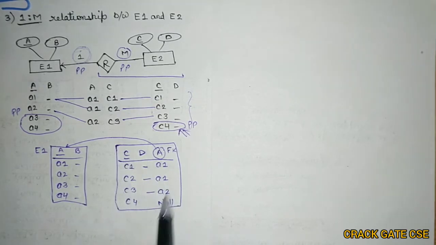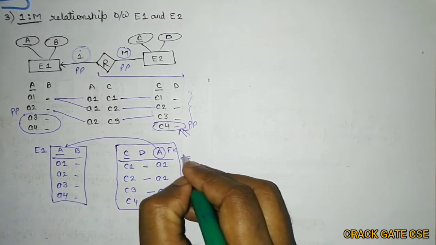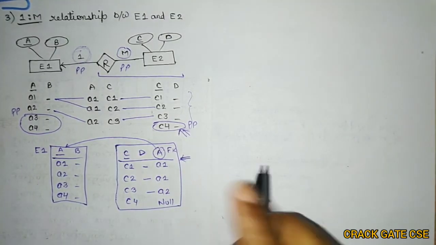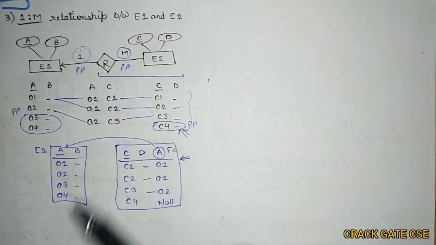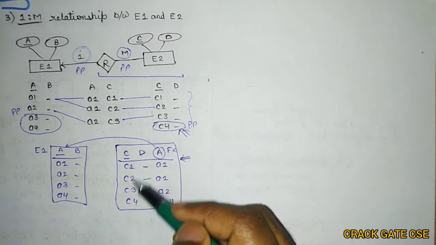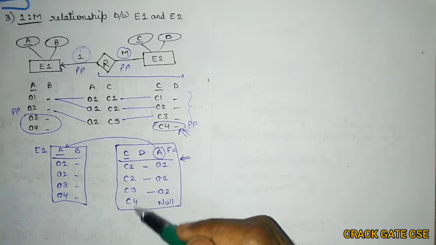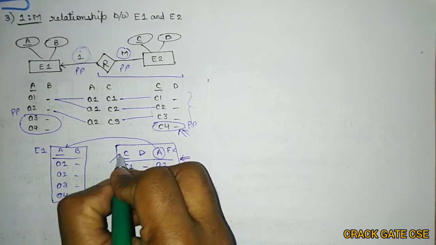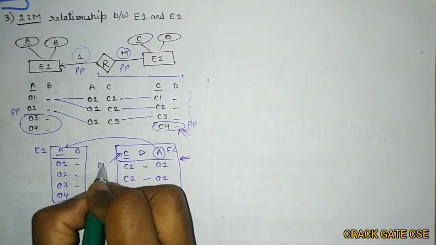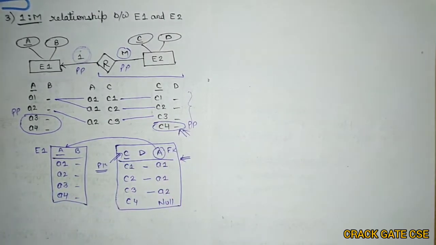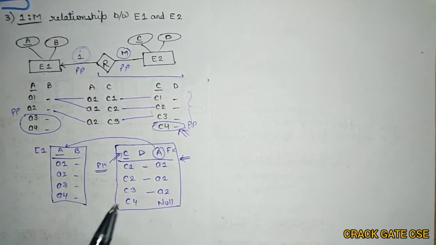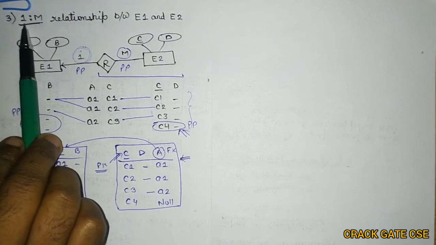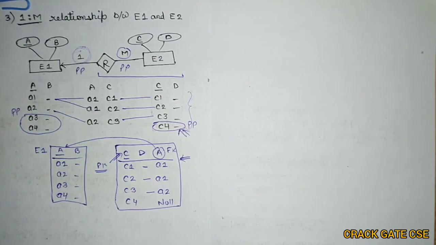So this is how we can minimize this. So here you can see that we are able to create a primary key, because the C column values are unique, they are not repeated, they are not null. That means this C can work as the primary key while this A is the foreign key, or we can say the candidate key. So minimum how many tables are required if there is a one-to-one, one-to-many relationship and partial participation?